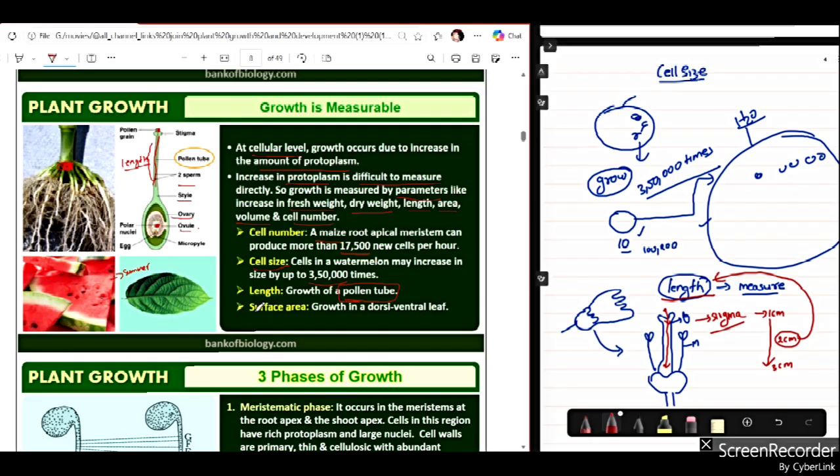And last but not the least, that is the surface area. Next one is what Nana? Surface area. Growth in the dorsoventral leaf. Dorsoventral leaf and then dicot leaf. డైకాట్ లీఫ్ ఓకే. సో ఇప్పుడు చూడండి ఇక్కడున్న ఈ లీఫ్ని ఒకసారి చూడండి, ఇట్లాగా ఈ లీఫ్ని చూడాలి. ఇది దీని యొక్క సర్ఫేస్ ఏరియా అంటారు. ఆల్సో యూ నో దట్ ఇట్ ఈస్ ఆల్సో కాల్డ్ యాజ్ లీఫ్ లామిలా